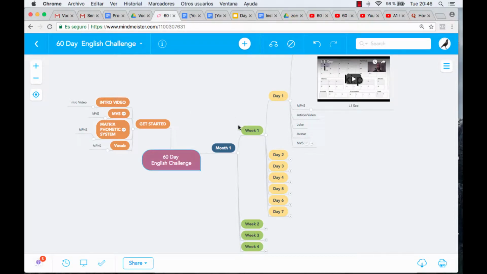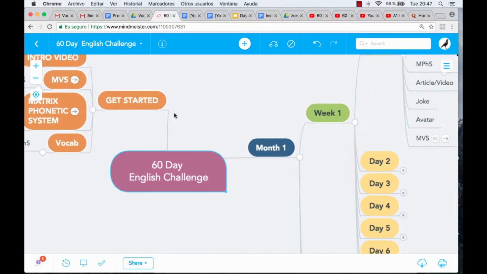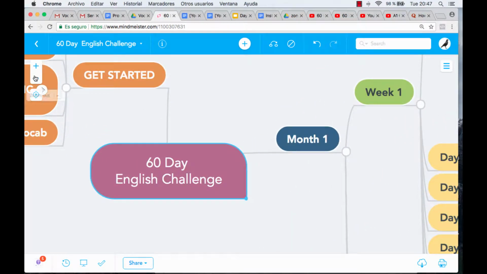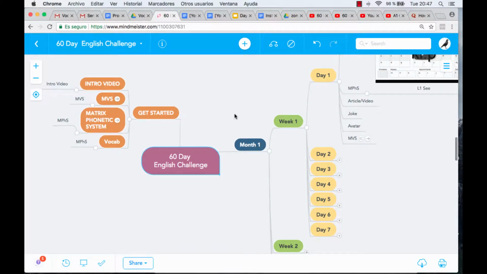Hey guys, okay, look at this. This is a mind map on the online application mindmeister.com. Okay, when you join the course, I'm going to make a copy of this mind map just for you